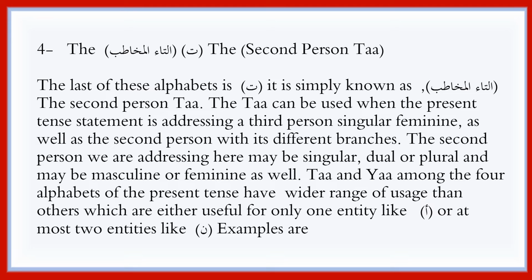Ta and ya, among the four alphabets of the present tense, have a wider range of usage than the others, which are useful for only one entity, like Alif, or at most two entities, like noon. Examples are